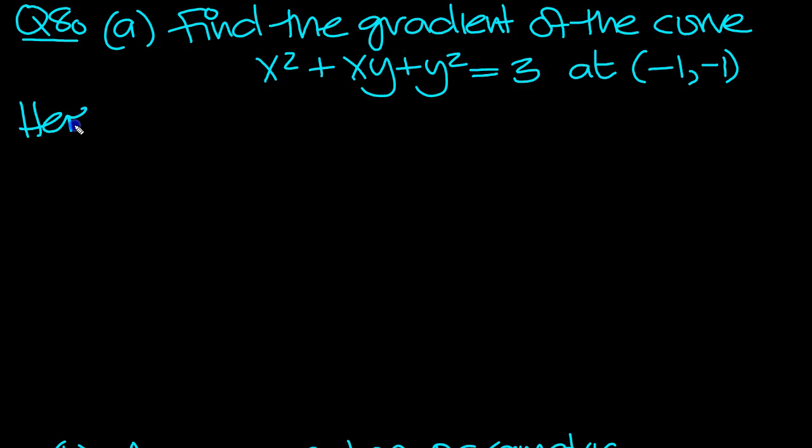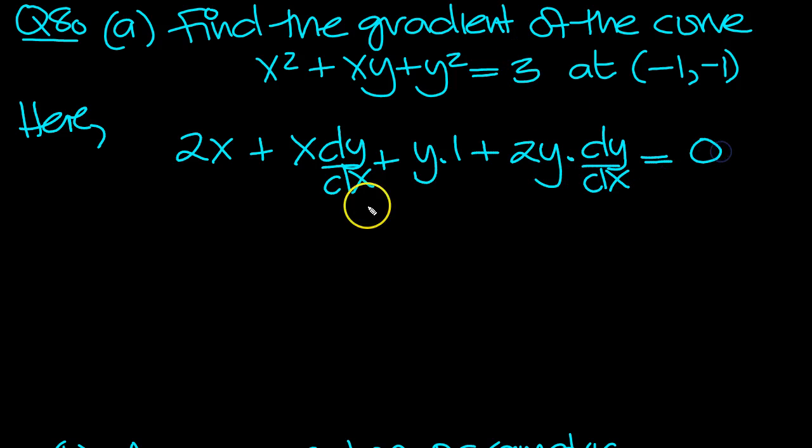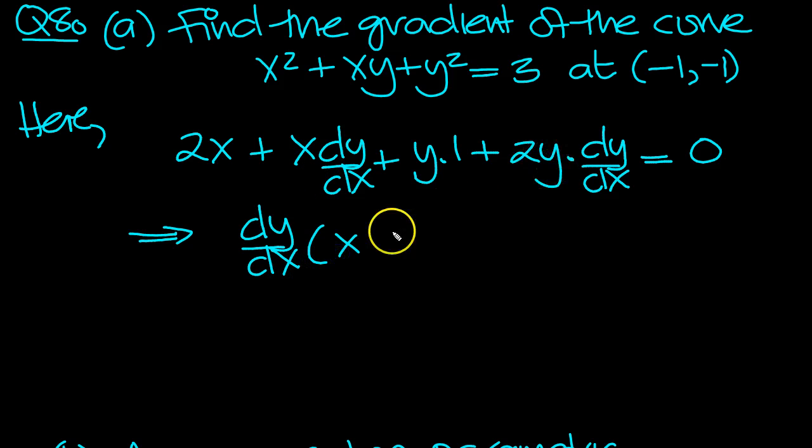So here, run along the row, differentiate term by term. So power rule, 2x to the 1, plus, this is a product, so it's u times the v dx, which is dy dx, plus v times du dx, this differentiates to 1, plus, this is a function of a function, something squared, 2 comes down times something to the power 1, multiplied by the something differentiated, equals, the constant differentiates to 0. So dy dx then, let's put it outside a bracket, and inside there's an x and a 2y,